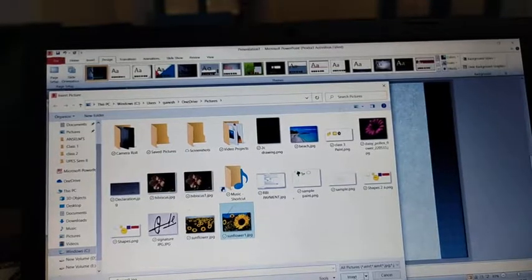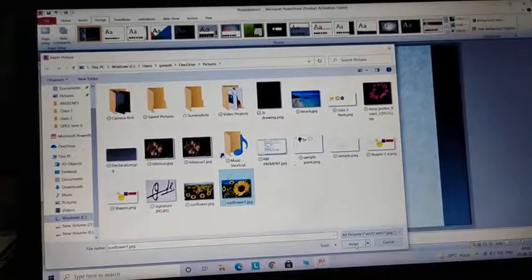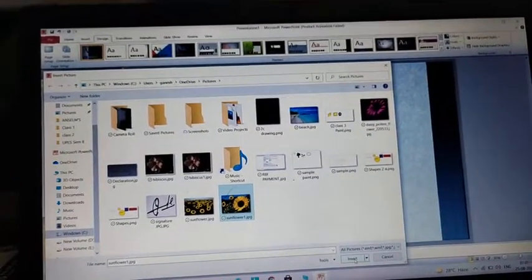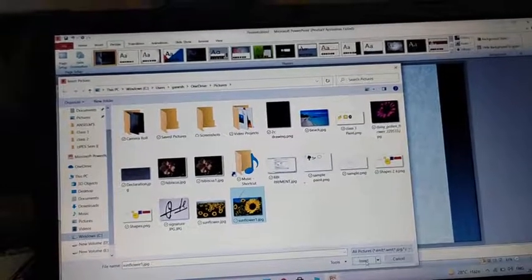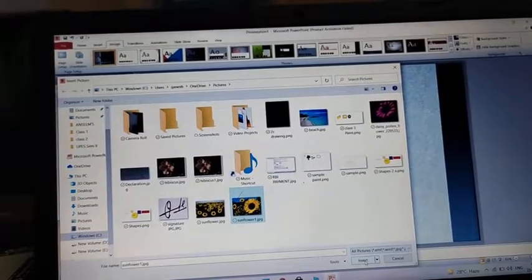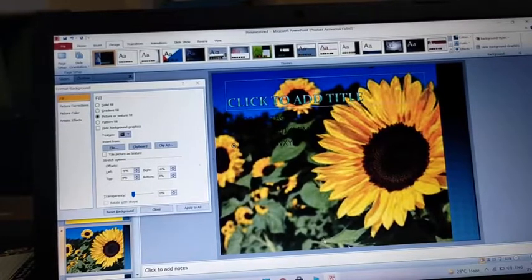And I will click on insert. Clicking insert opens the insert tab, and I can select any picture from my computer and I can just insert it. Now this picture has been inserted. Since this picture is a bit blurred, this font is not seen, that we can change later.